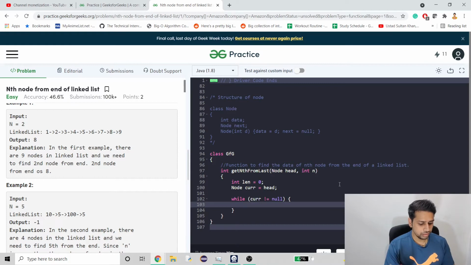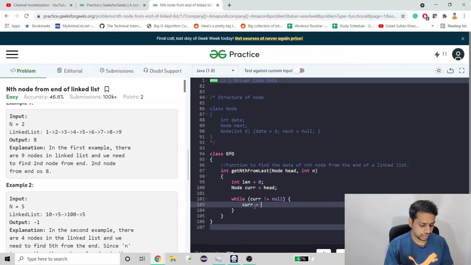Let's say I'm right now at 1 and I have to go to 2, which means 1 dot next, again for 2 dot next, right? So this is the order that we have to maintain.